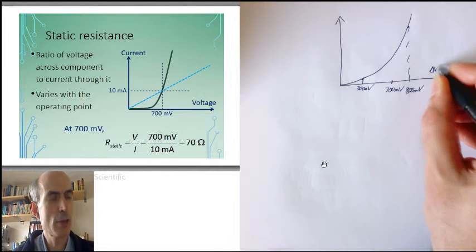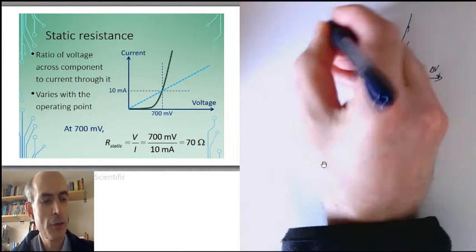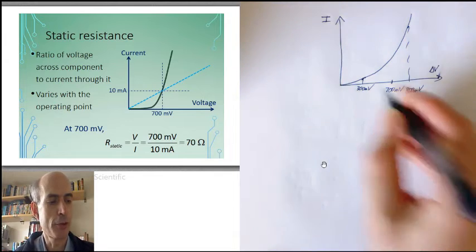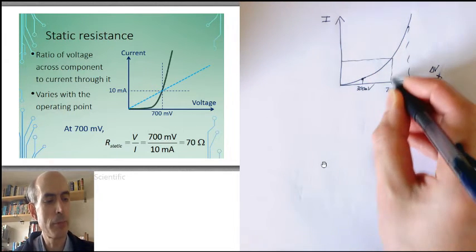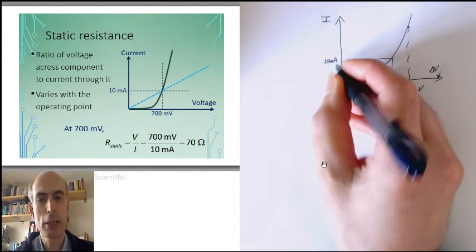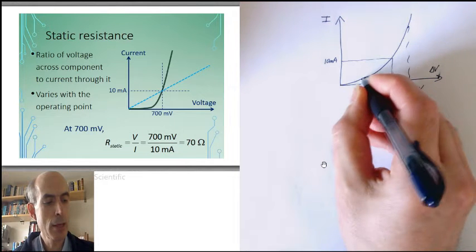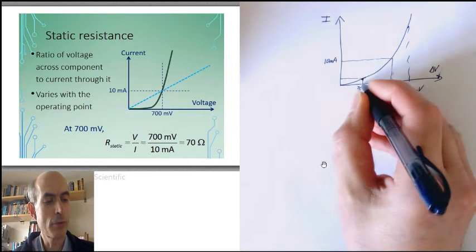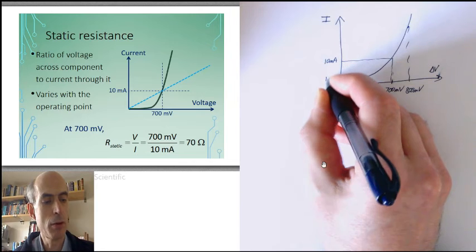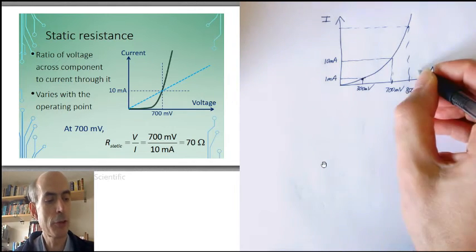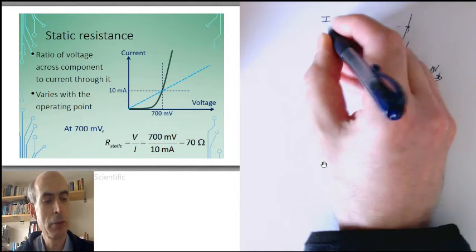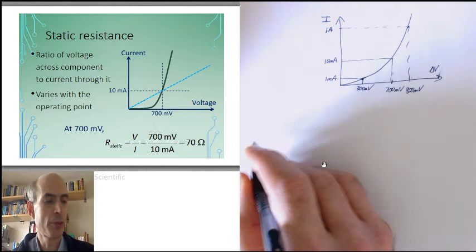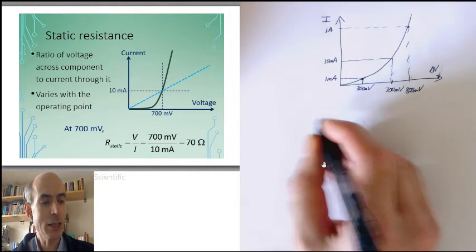This is delta V, the voltage across the diode. This is the current flowing through the diode. If at 700 millivolts we have 10 milliamps going through the diode, and at 300 millivolts we have 1 milliamp going through the diode, and at 800 millivolts we have 1 amp going through the diode, then the static resistance